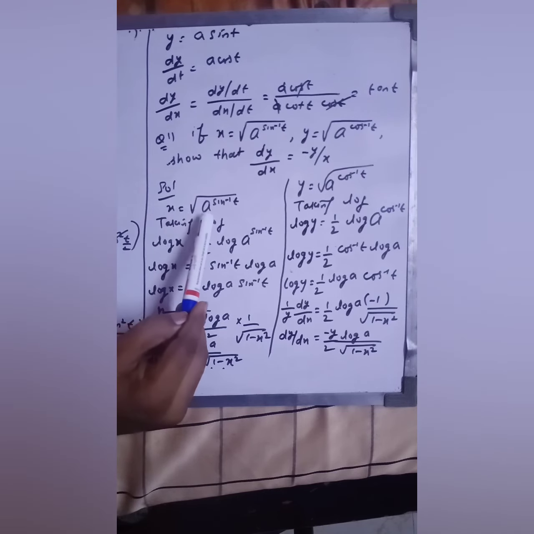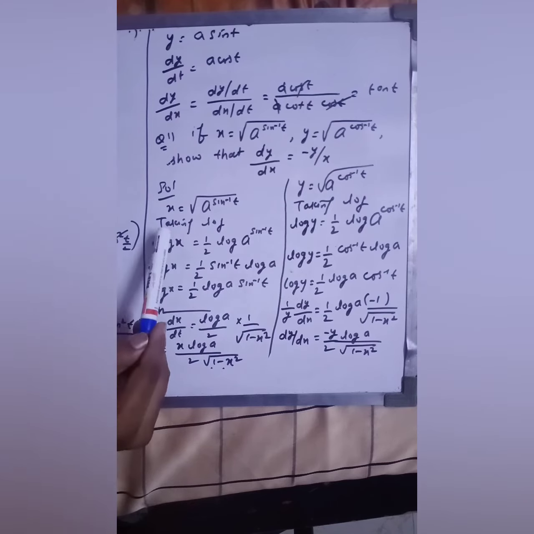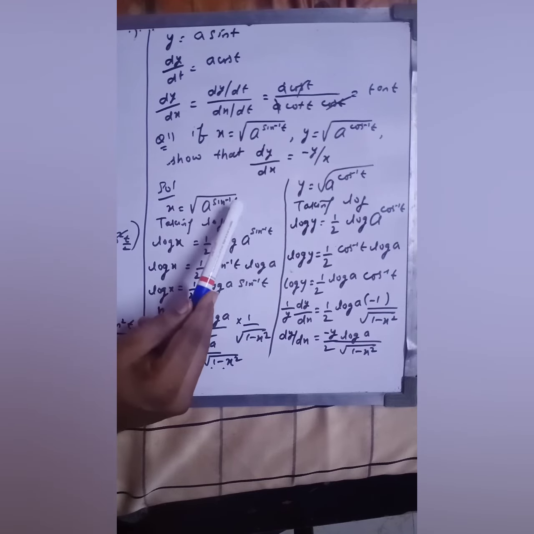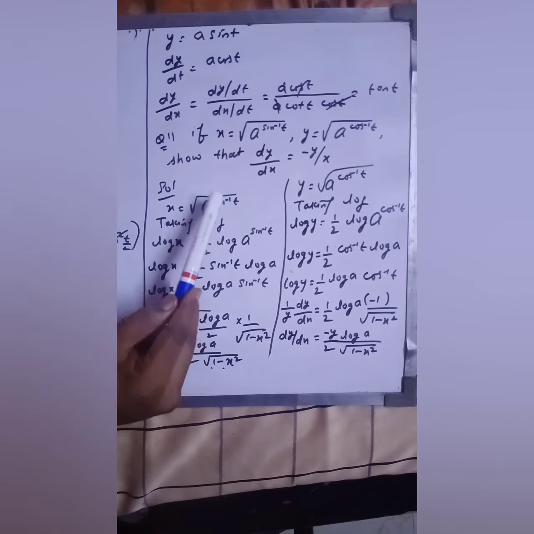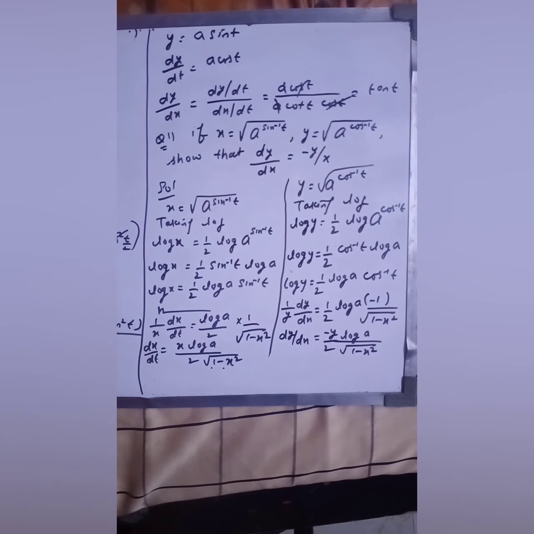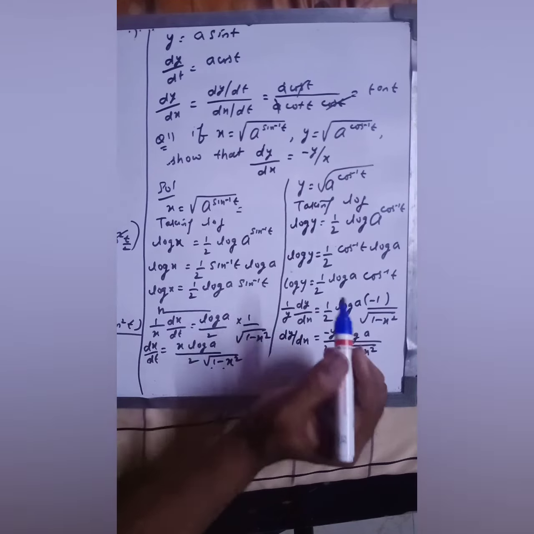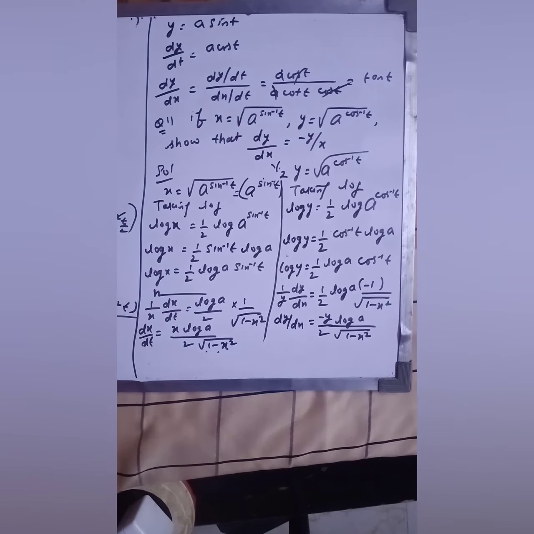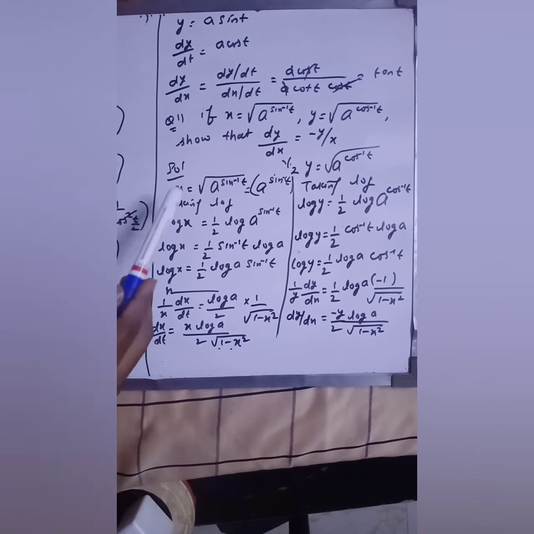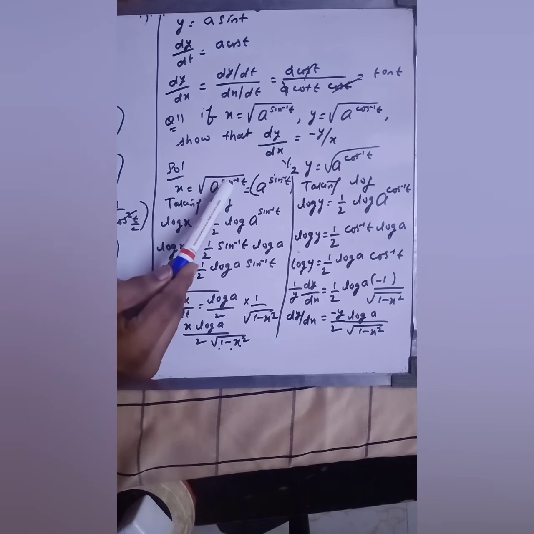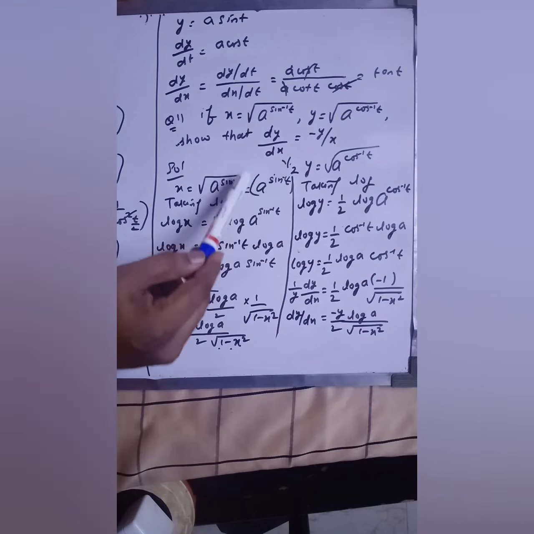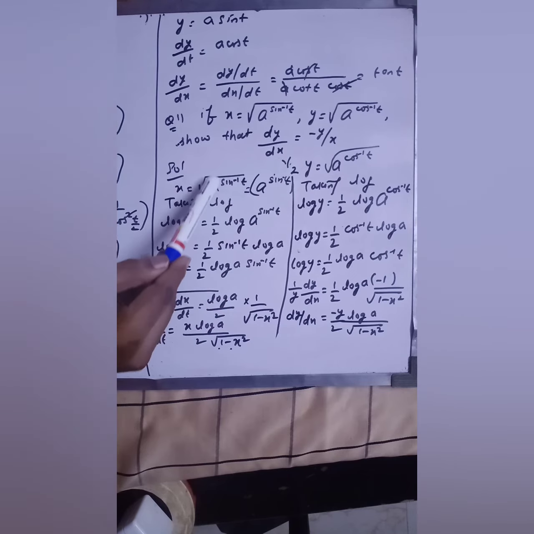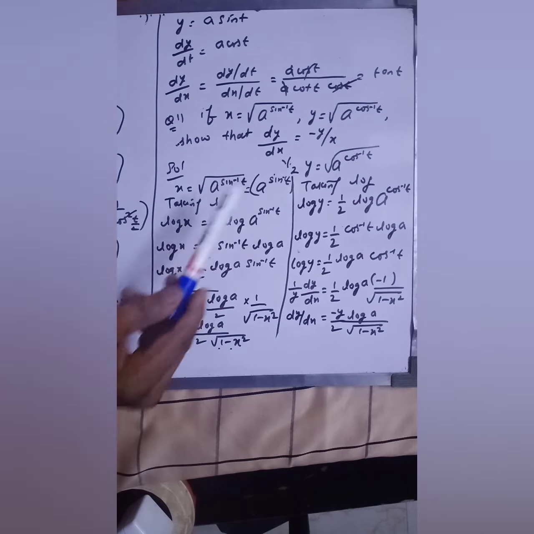I'm writing x equals to this and y equals to this, and here I'm taking log because it is under root. So taking log, it would be log x is equals to, and this power can be written as, in this question, here x is a sine inverse t, this can be written as a sine inverse t, then whole raised to the power 1 by 2. Okay, this root can be written as this whole raised to the power 1 by 2.